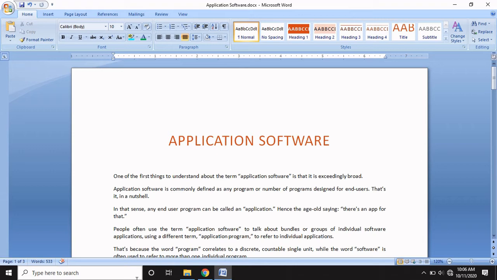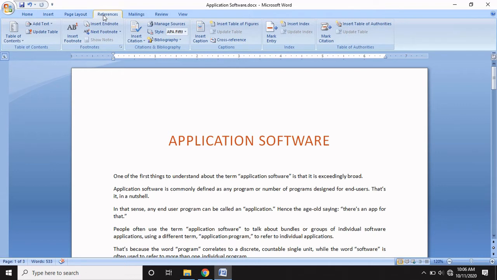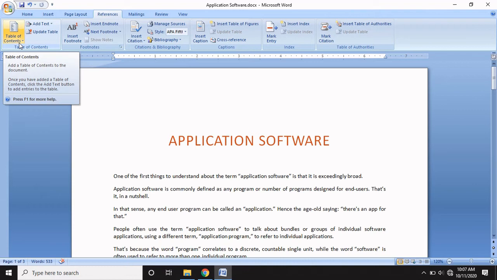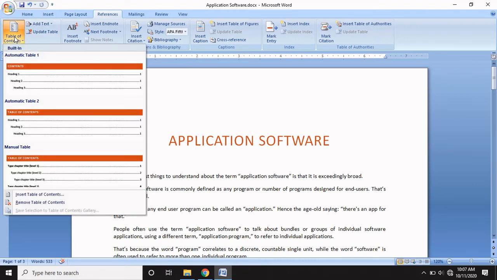So Control and S, your document will get saved. Okay, now to create the table of contents, what you will do is, you can see over here that we have references over here. Just click over here, and there you can see that we have this table of contents icon. Click on the table of contents and you can see that we have different types of table